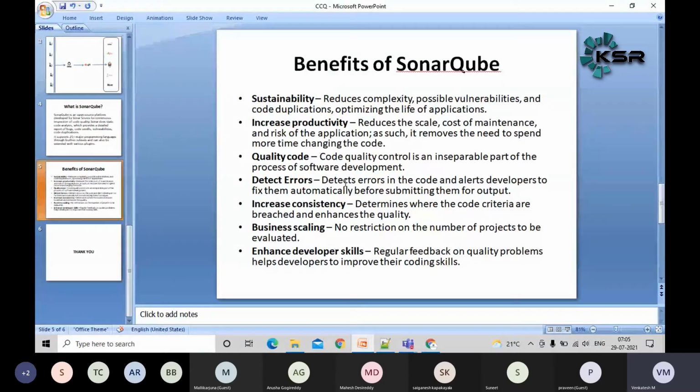So what is the benefit actually here? As I mentioned during our demo sessions, when a project is getting signed, there is some agreement. Let's say code quality is one of the KPIs, guys, key performance indicators. That means whatever code we deploy to the production environment should go through a set of checks. That means there should not be any bugs, vulnerabilities, or code smells, guys.